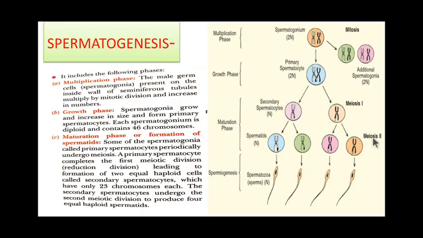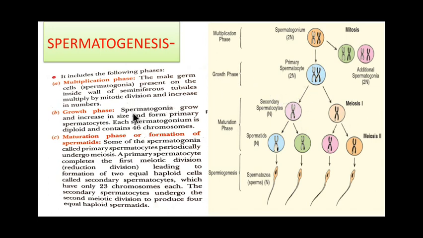Now we will see how. Here you can see this is the multiplication phase. The germinal epithelium or the primary germ cells of the seminiferous tubule are also called spermatogonial cells. These are small. They undergo repeated mitotic division to form a number of spermatogonia. There are two types of spermatogonia. Type A continue as stem cells, that means the precursors of the other spermatogonia. And type B undergo spermatogenesis and differentiate to form sperm cells.